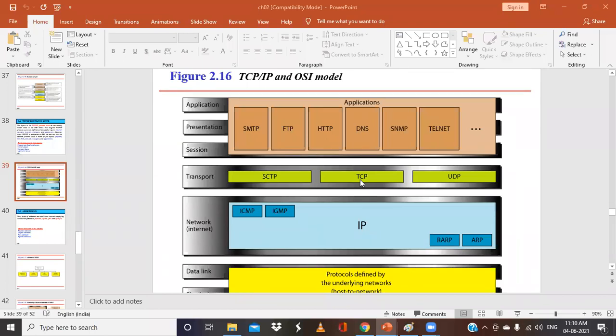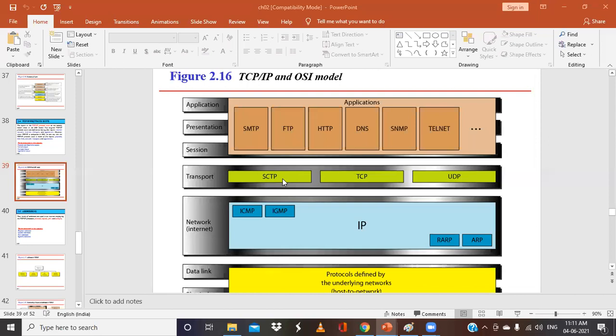So all this reordering and providing the sequence number for the data segments will be taken care of by the TCP protocol. And apart from this, we have another protocol, that is SCTP. It is basically used in the latest applications. It means Stream Control Transmission Protocol. It supports newer applications, like if you are using voice communication or voice over the internet. For all this, we use SCTP.